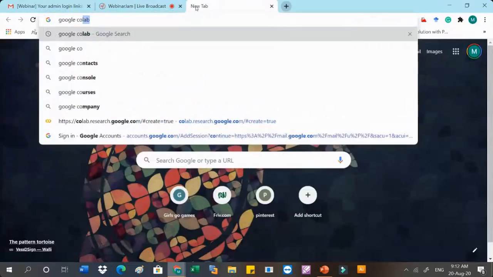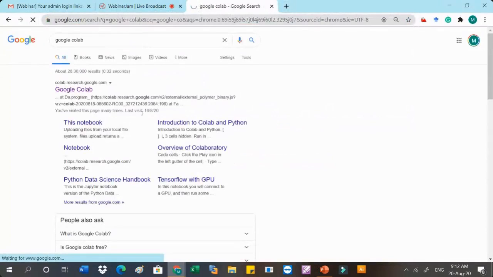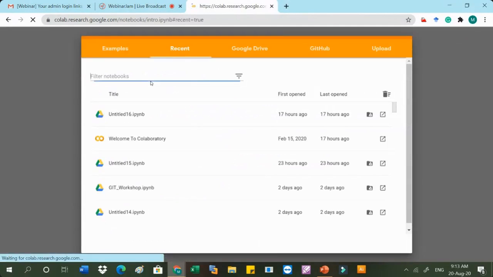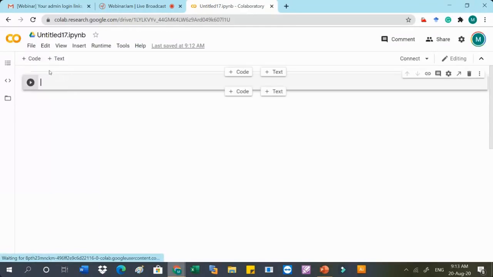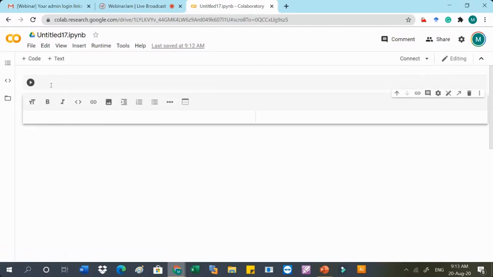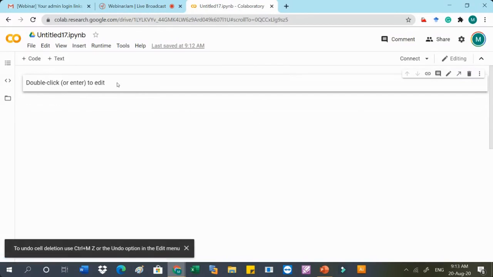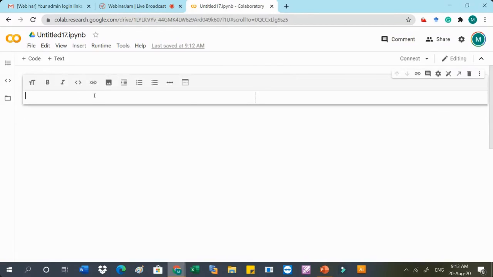First, let us write the text for what we are going to do.